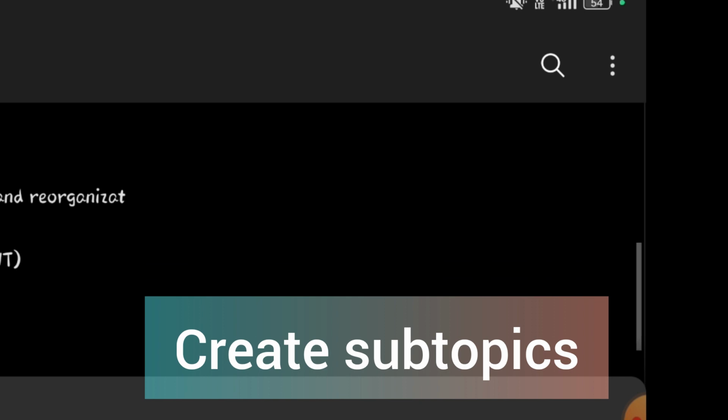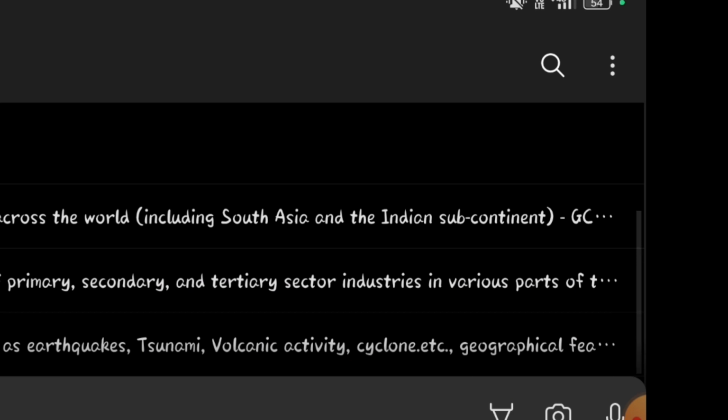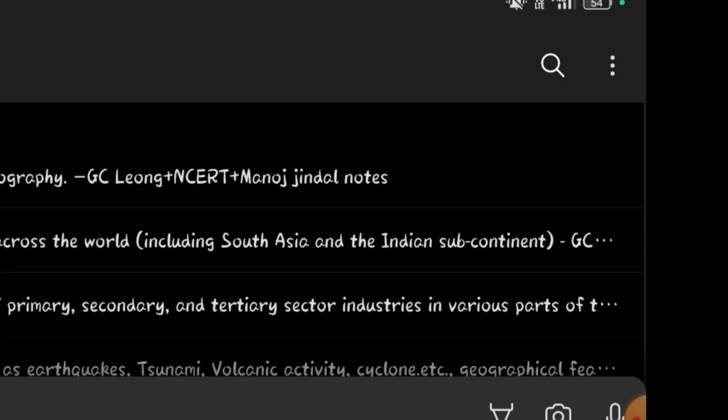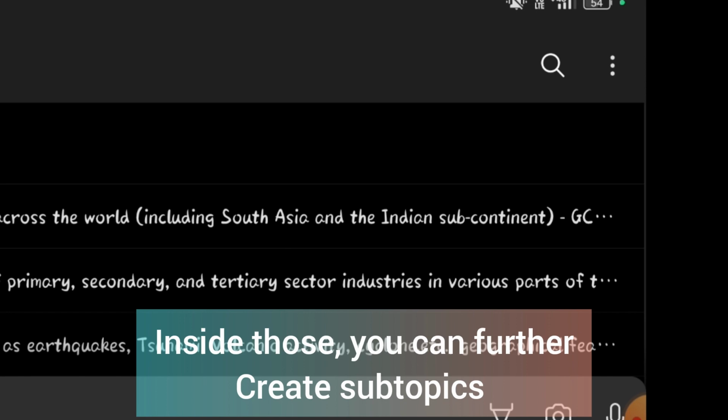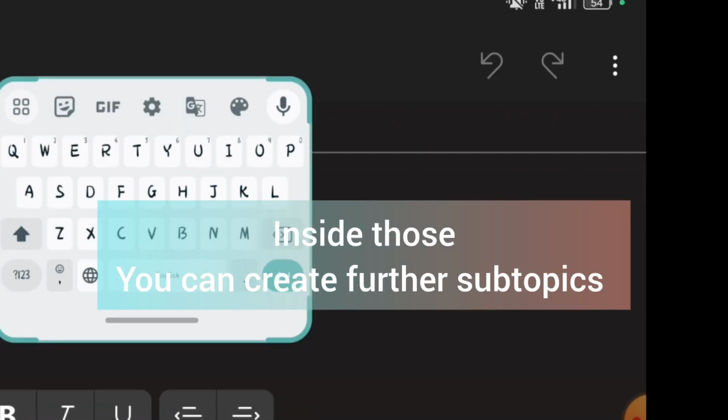Second part modern history. Third part PIC. Fourth part world history. Fifth part Indian society. Sixth part geography. And inside everything you can put whatever you want. For example, inside this I have created subtopics for world geography, distribution of natural resources, factors responsible, and you can write anything you want, or you can post a previous year question paper here,